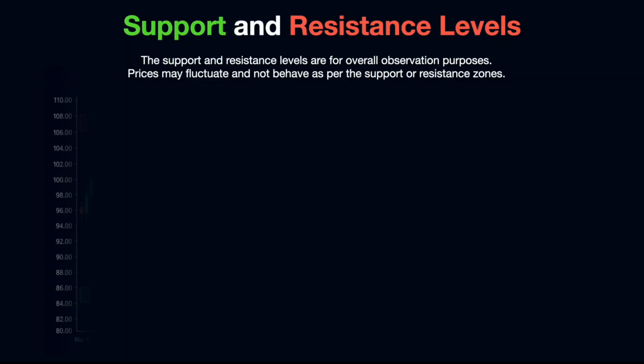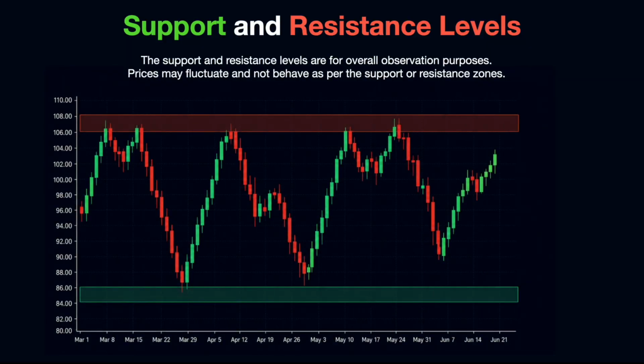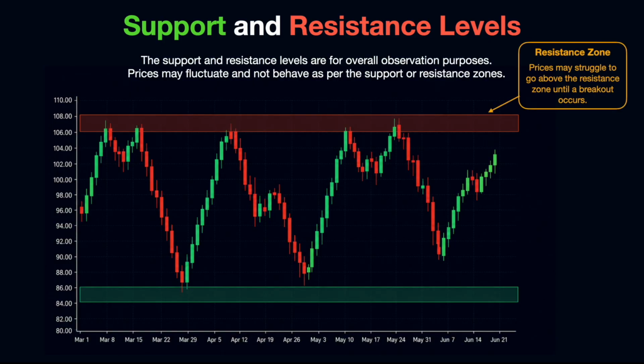Now let's take a look at support and resistance levels, which are common tools used to observe important price areas on a chart. On this slide, we can see a candlestick chart showing price movement over several months. Near the top of the chart, we can see a red shaded area. This is the resistance zone. A resistance zone is an area where the price may struggle to move higher. In this example, the price reaches this upper area multiple times, but it does not clearly break above it. That means sellers may be becoming stronger around that level, or buyers may not have enough strength yet to push